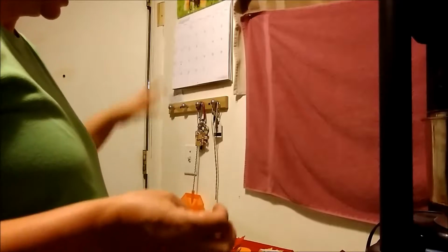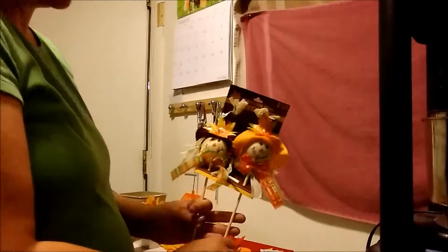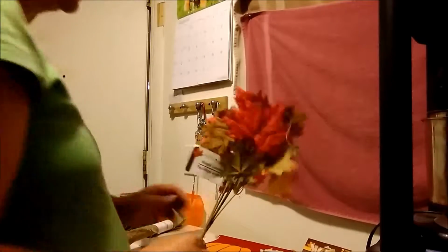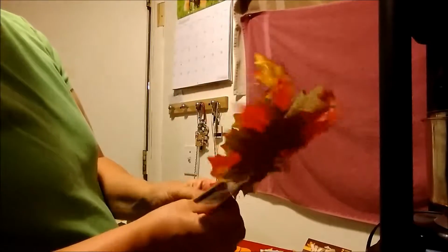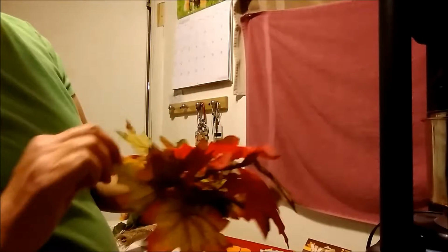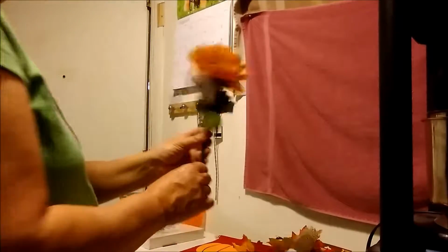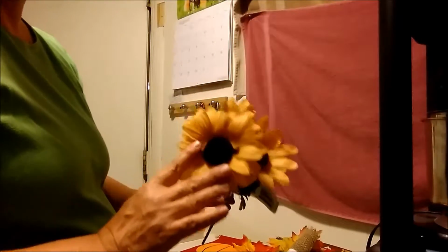If you just watched the last video, now I'm going to do another DIY. This is all dollar store items, so let me show you what I picked up. Picked up these cute little scarecrows on a stick. I grabbed some maple leaves, just plain old maple leaves. Oops, a bit of twine on there. I picked up a roll of burlap. Some of the fall sunflowers,